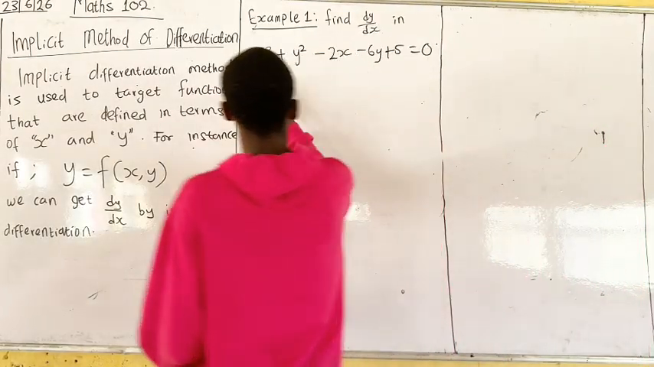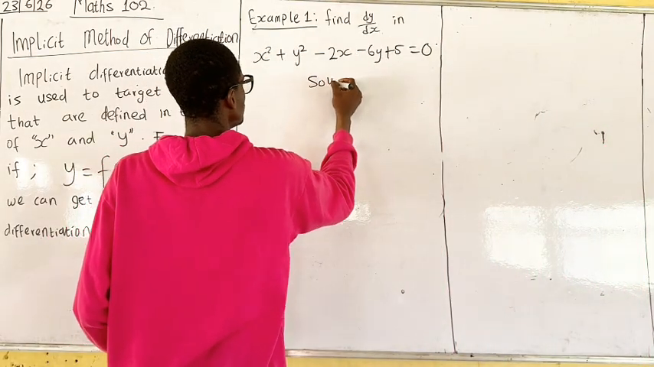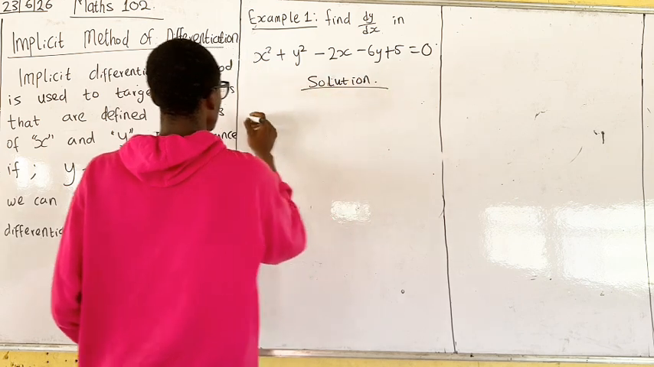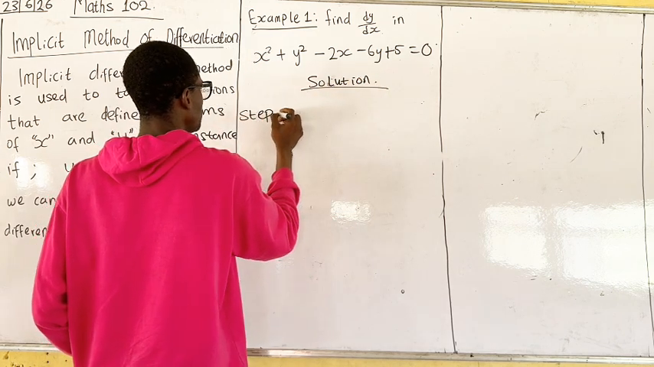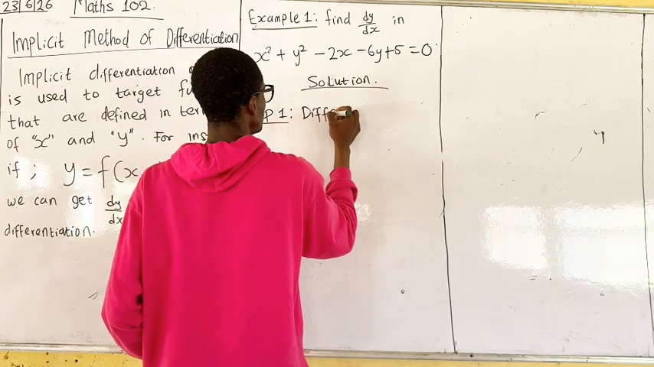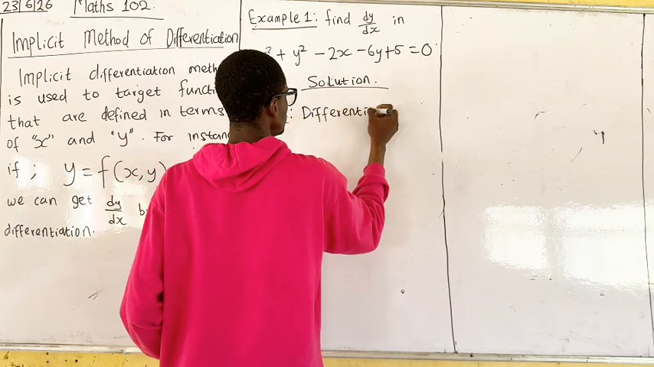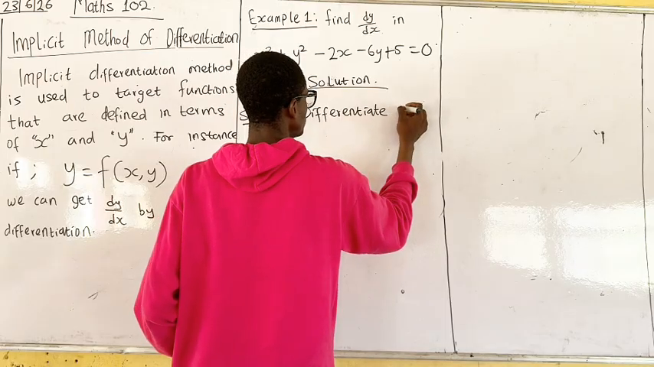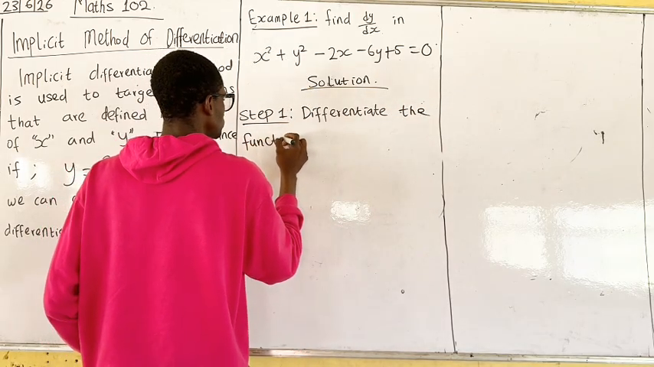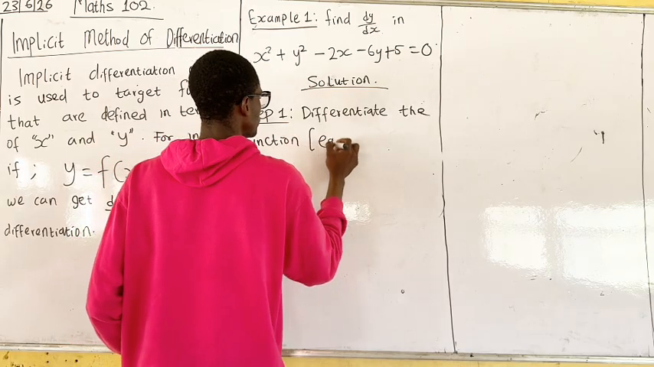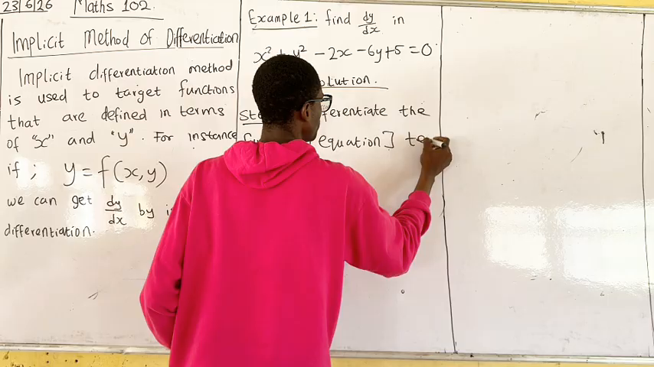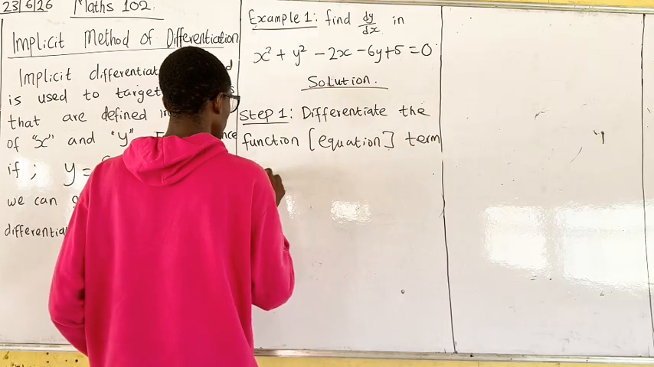Now looking at this, we'll come here. Solution. Step 1: Differentiate the function, or in this case I can say the equation because we have equal to 0, term by term